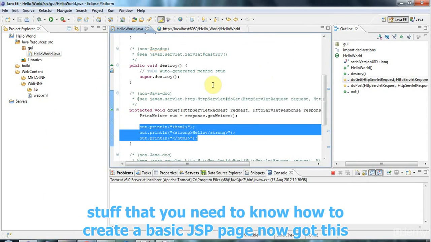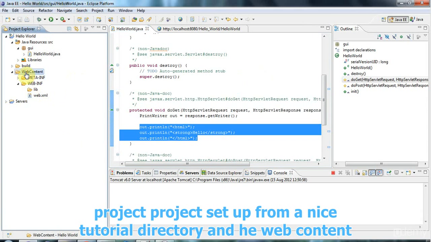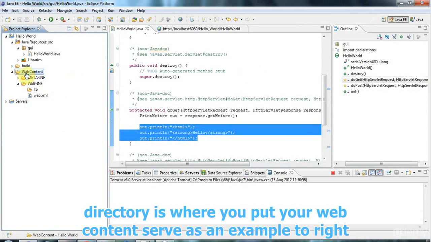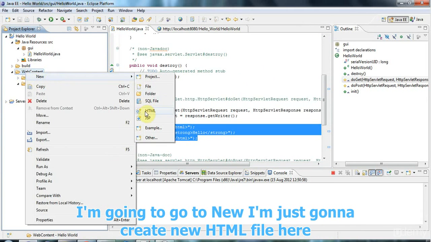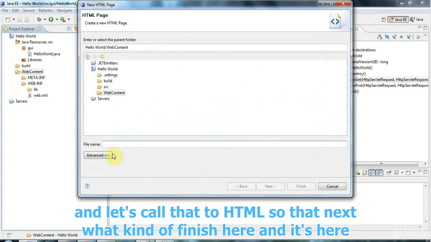Now I've got this project set up from the last tutorial, and you'll notice there's this web content directory. And the web content directory is where you normally put your web content. So as an example, I'm going to right click on this web content folder, and make sure you do click the correct folder. And I'm going to go to new, and I'm just going to create a new HTML file here, and let's call that